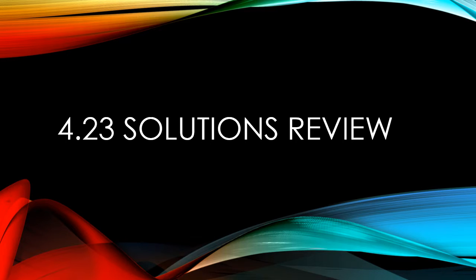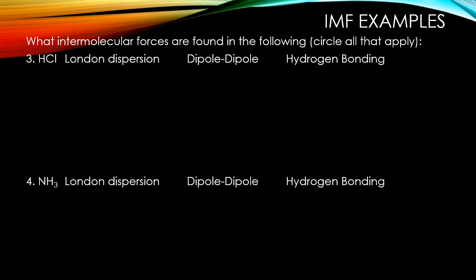And so we're going to start with number 3, which 3 through 7 all have this question. What intermolecular forces are found in the following? So whenever you're trying to decide what intermolecular forces there would be, it's important you have to start with drawing the Lewis structure. And so for HCl, the Lewis structure would be